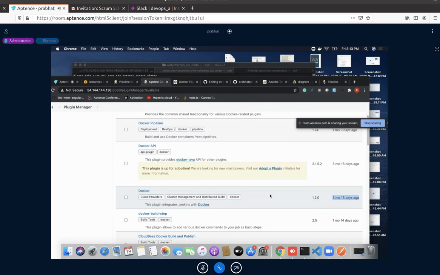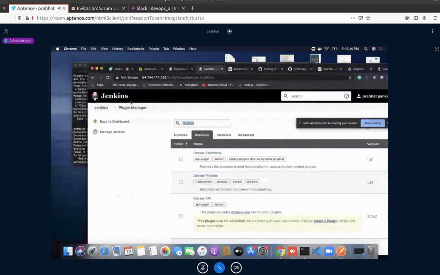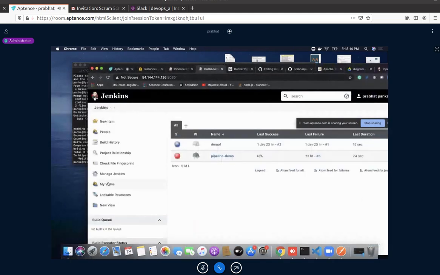You mean you have a POM file and you want to build it. Definitely Maven would be the best choice for you. As I told you, these are the plugins if you want to integrate a build tool, but there is another way to do it. In Jenkins we have multiple options.